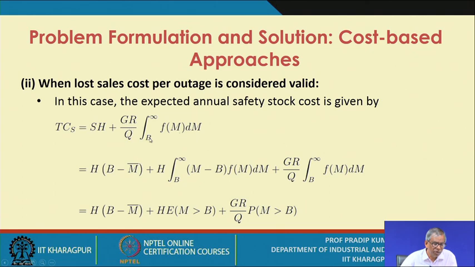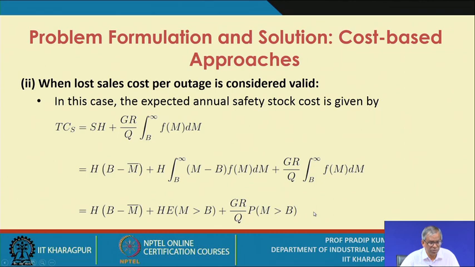Only here you will find that we have changed the notation of the lost sales cost, and it has become capital G like in the previous case, and this is the number of order cycles per year, and for each cycle, what is the probability of going out of stock. Is it okay? So these are the expressions. So ultimately we get this expression, right?